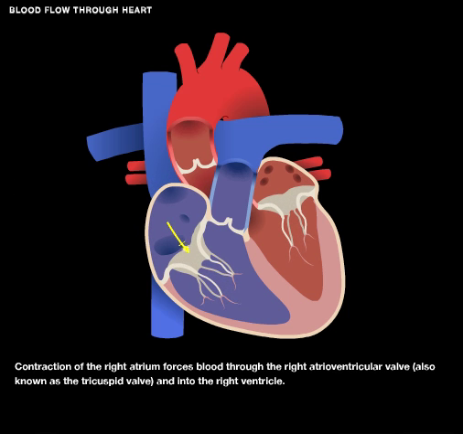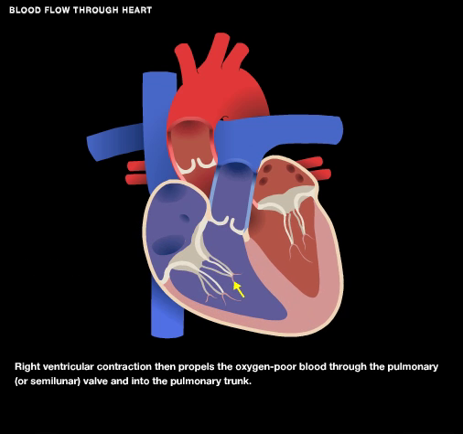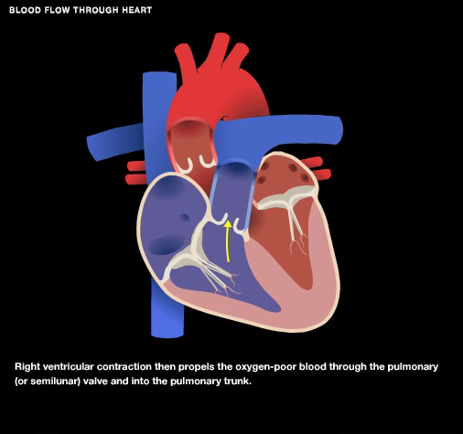Contraction of the right atrium forces blood through the right atrioventricular valve, also known as the tricuspid valve, and into the right ventricle. Right ventricular contraction then propels the oxygen-poor blood through the pulmonary or semilunar valve and into the